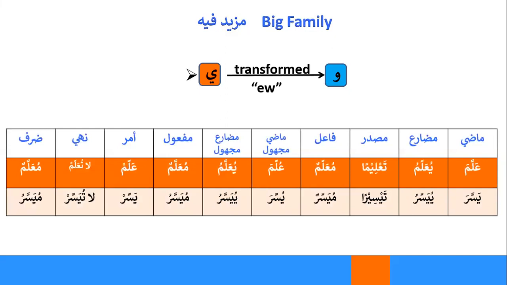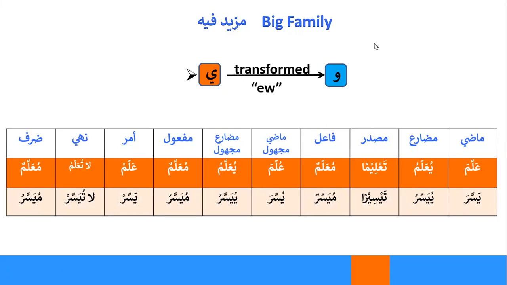Yassara, yuyassiru, taysiran, muyassirun, yussara, yuyassaru, muyassaru, muyassarun. Yassir, la tuyassir, muyassaru. Again, over here there will be tanween.